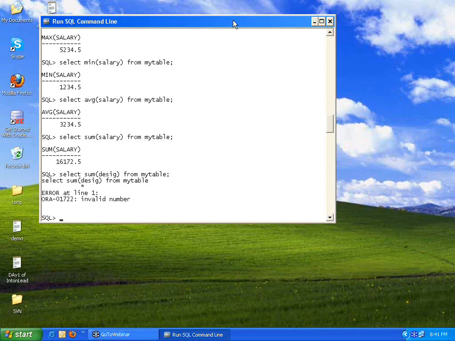Now the next thing that we are going to see is, we have got, let me select all the records. Select